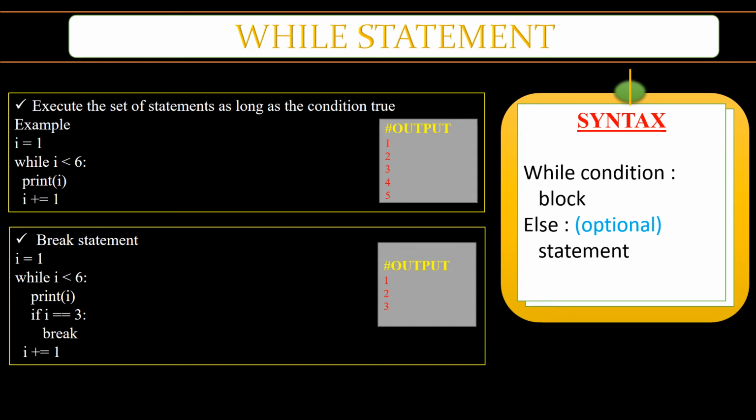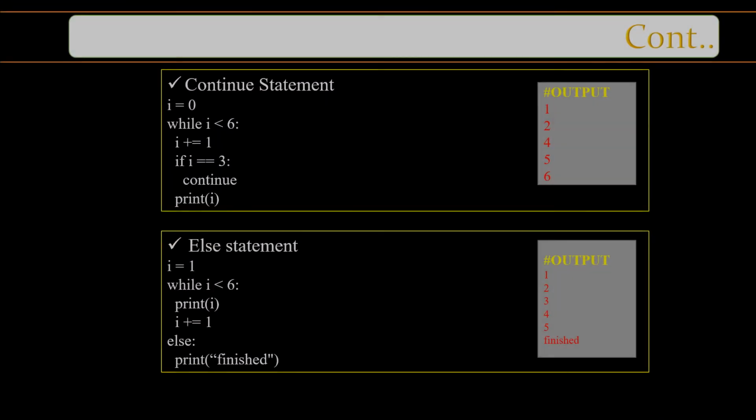So 1 2 3 will get executed. So this is for the first example and this is for the break statement. Now let us see how we are going to use the continue statement in the while